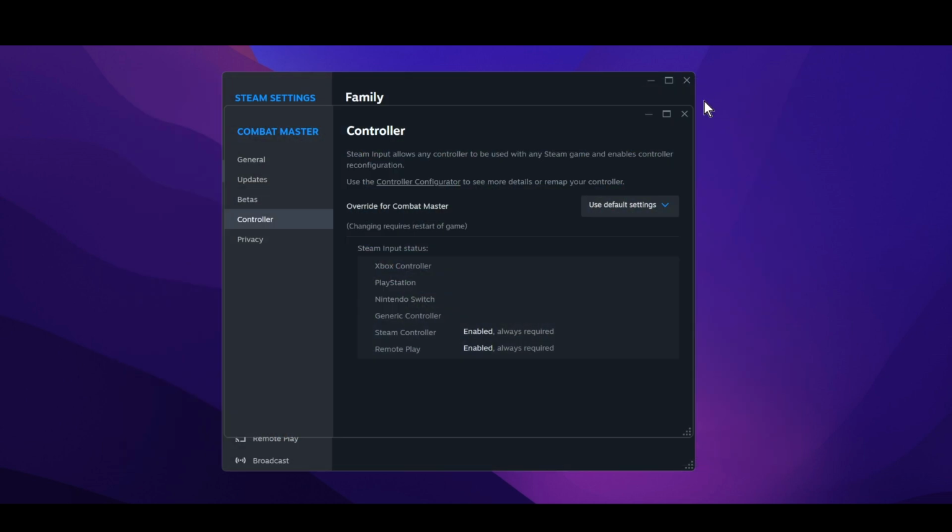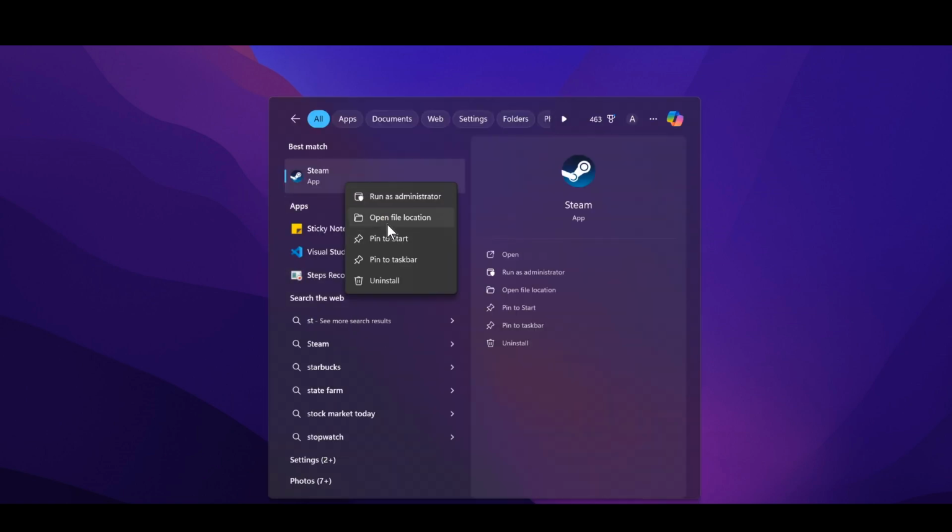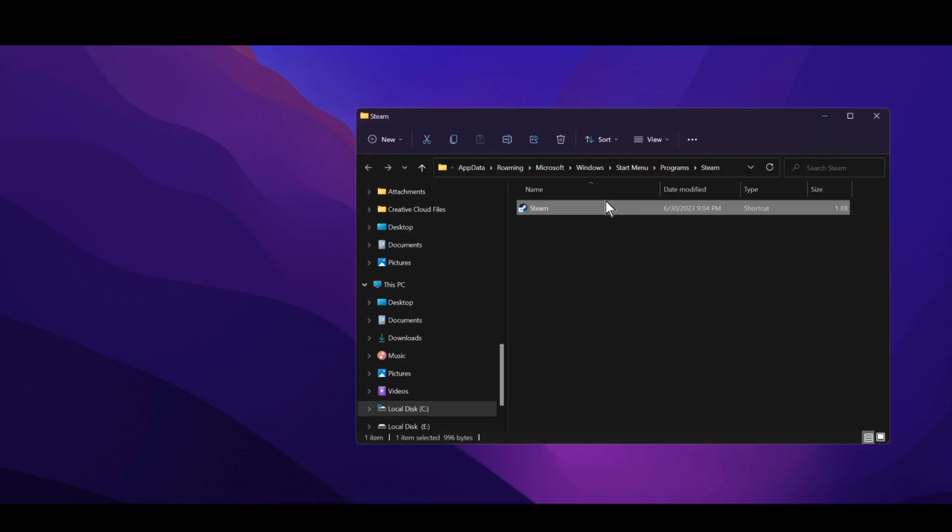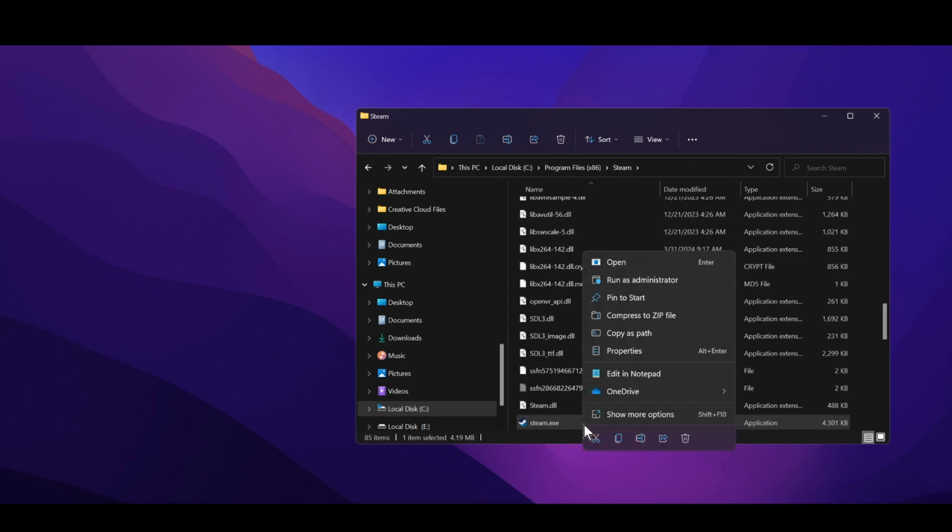This will ensure that there is no buggy files in your game. At the end, you can run your Steam as an administrator. So simply search for your Steam, go for file location, and again you just need to go for the file location. Once you are in, you need to make sure to right click and run this program as an administrator,